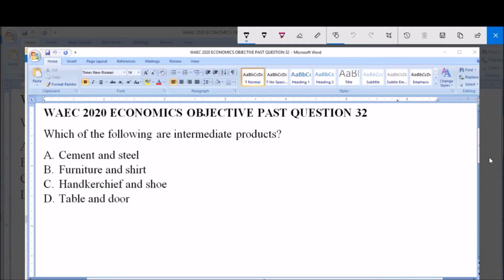Hello and welcome. I will be answering WAEC 2020 Economics Objective Past Question 32. Which of the following are intermediate products? A. Cement and steel. B. Furniture and shirt. C. Handkerchief and shoe. D. Table and door. So the concept here is intermediate products, and intermediate products